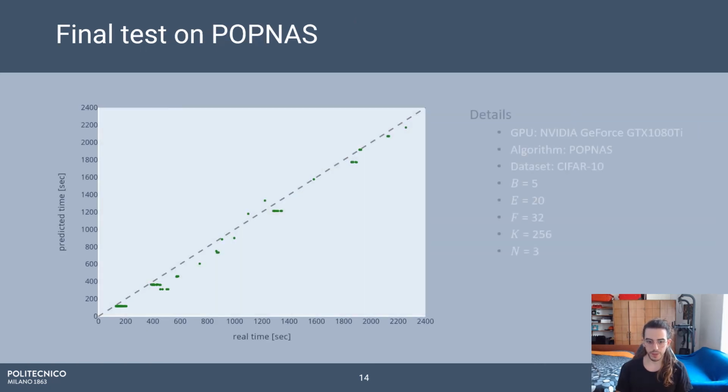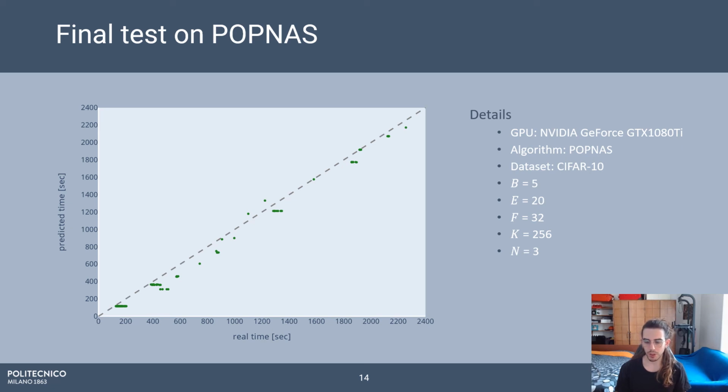So, finally, after the ablation studies, we have reached the final part of our experiments that are the comparison between the POPNAS and the PNAS algorithms over another fold of the CIFAR10 dataset with a number of blocks per cell equal to 5 and a number of stacked cells equal to 3.